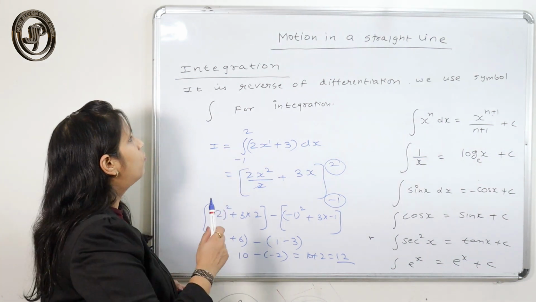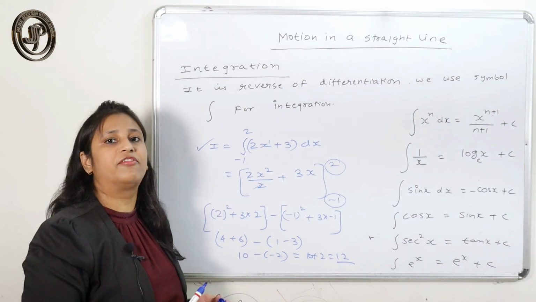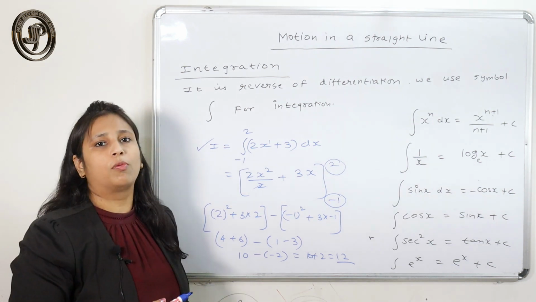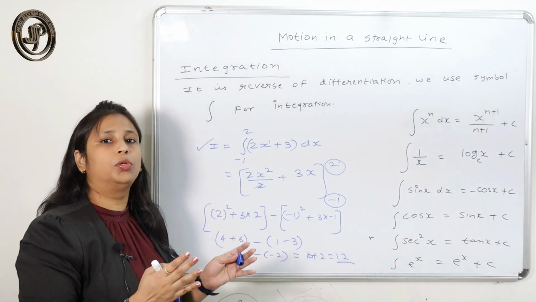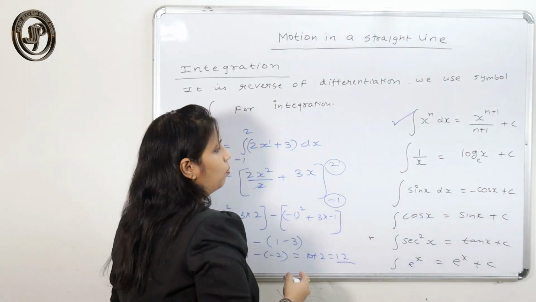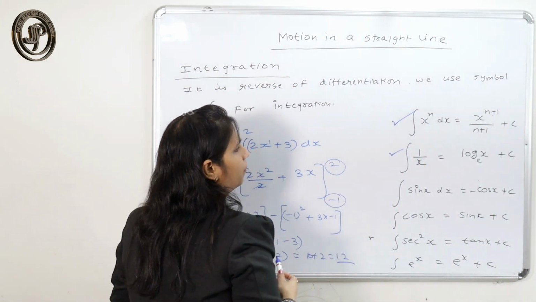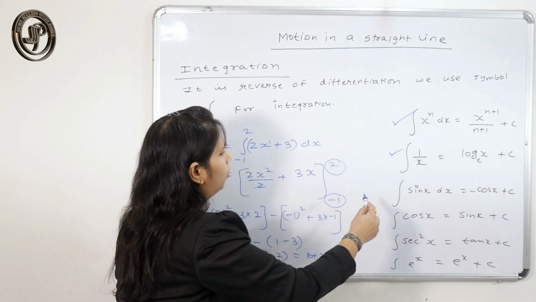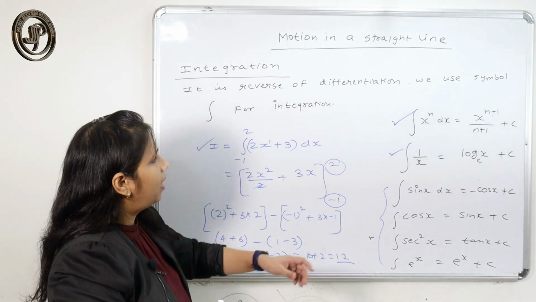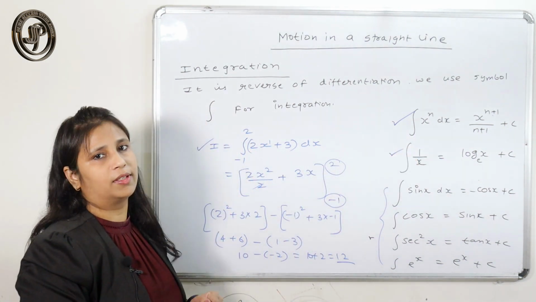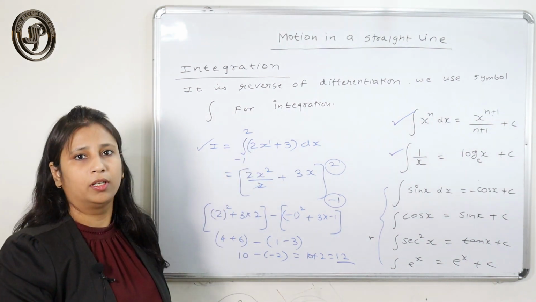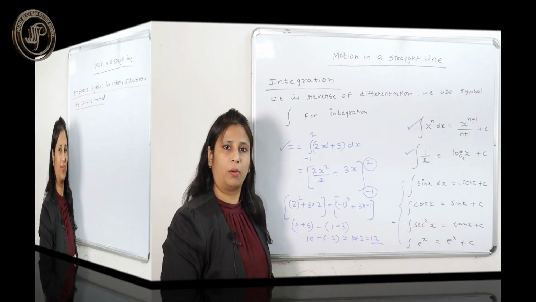So in this way we go for the solution of definite integral, and the most useful formula in physics that we are going to use in our next topic is only this formula, and sometimes this formula may also be useful. Otherwise this is not much useful right now, but you need to memorize those formulas also. But the algebraic formula for differentiation as well as integration is very important, and you should know how to put the limit, the upper limit and the lower limit.